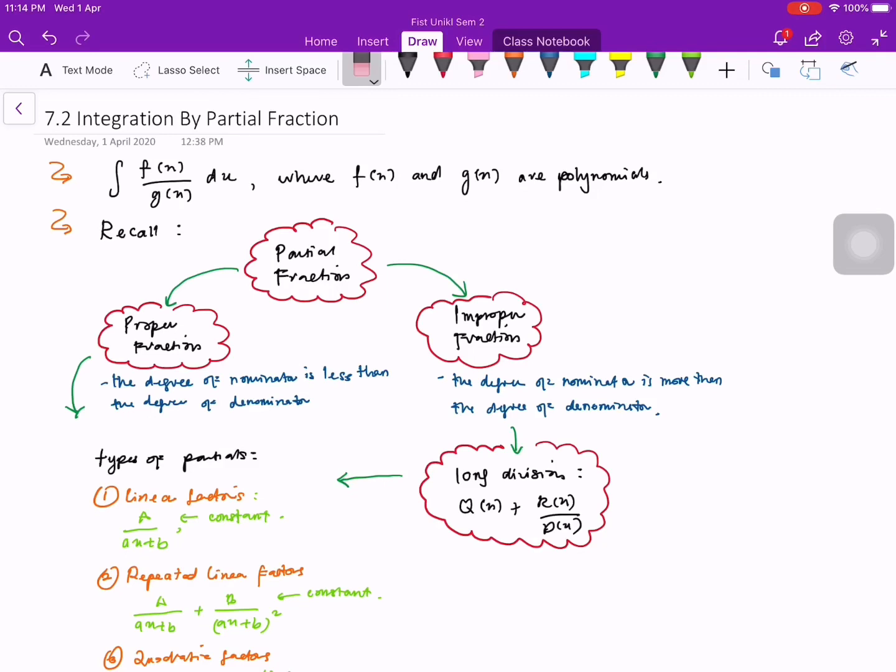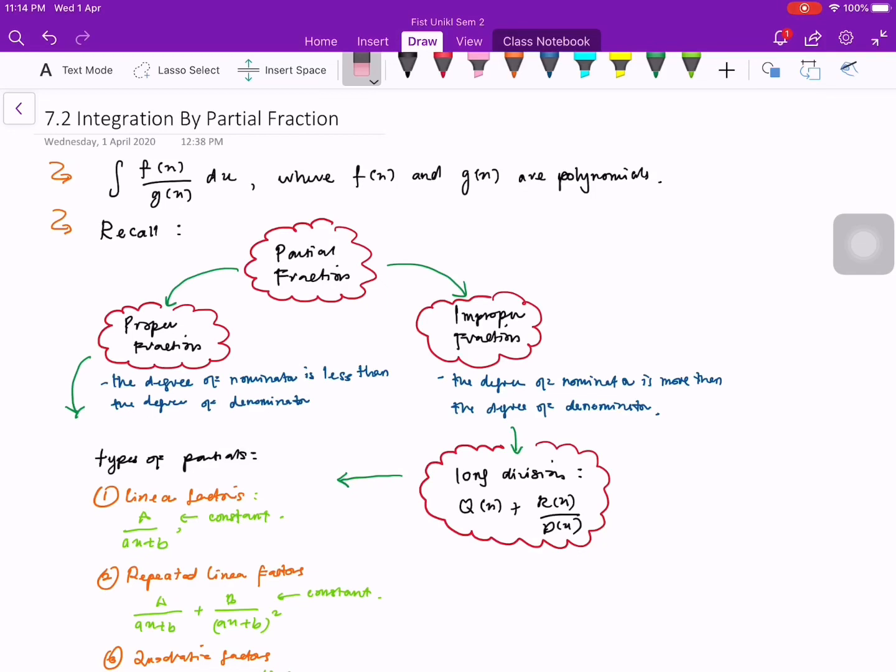Kali ini kita nak tengok technique of integrations, iaitu integrations by partial fractions. On previous video kita dah bincang berkenaan dengan technique of integrations of substitution dan juga by parts. Dan kali ini kita nak sambung technique of integrations dengan menggunakan kaedah partial fractions. So untuk topik ni